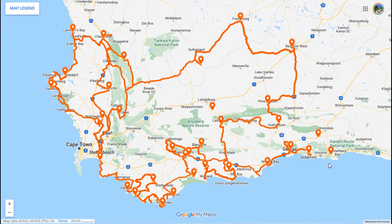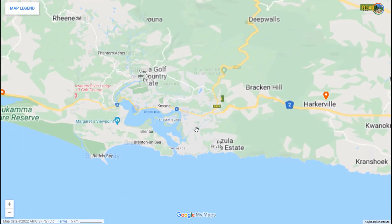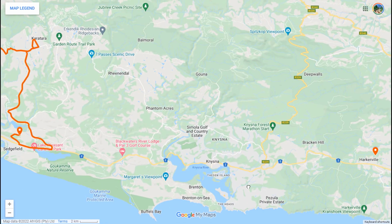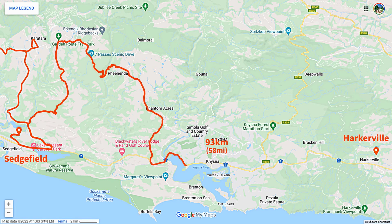We're going to end up on a farm just outside of Plettenberg Bay, but the route we're taking today is we're going to go back on the Karatra Link Road, but we're not going all the way back to Karatra. There's a road that goes to Barrington, so we're going to go around that way on the Barrington Link Road to get back to the Seven Passes Road, so that we can continue with that. And then we're going to go all the way through the mountains like that, through the passes, and then down